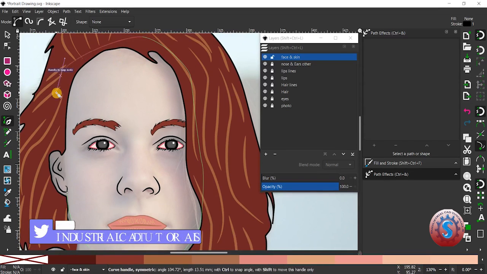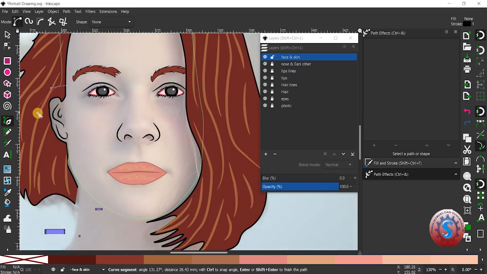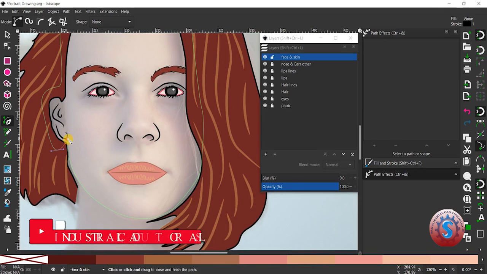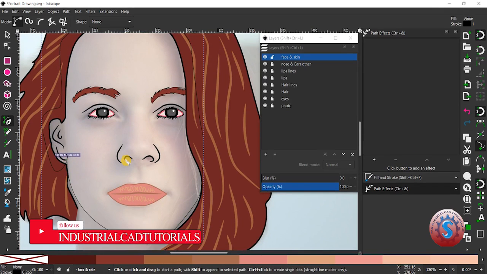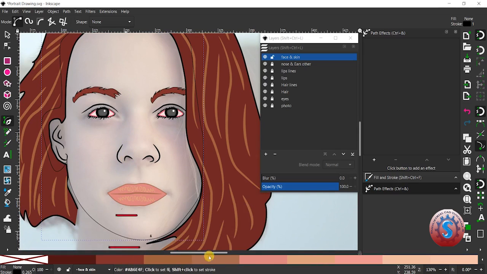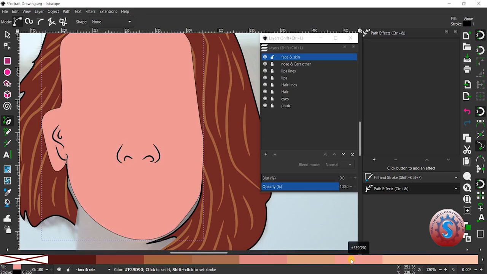I am not skipping any of this. You can see the color is obtained clearly, and you can observe the stroke I created is black. I am giving the skin tone color, which I already created in the sketch. I am giving the swatch color to the skin, a somewhat darkish pink, and you can give a light color also. I am giving a pure light color, and you can observe the skin is created, but the hair is at the back.